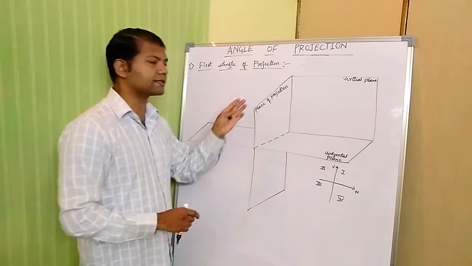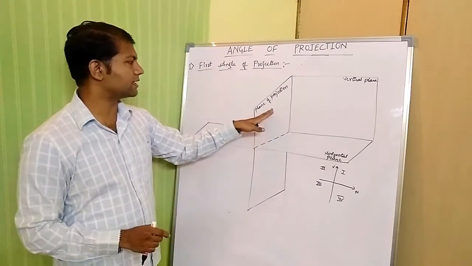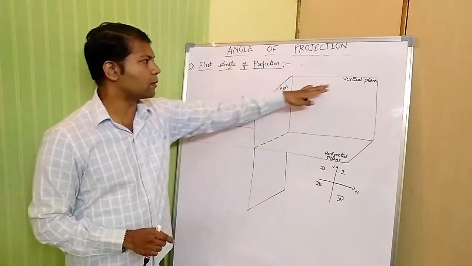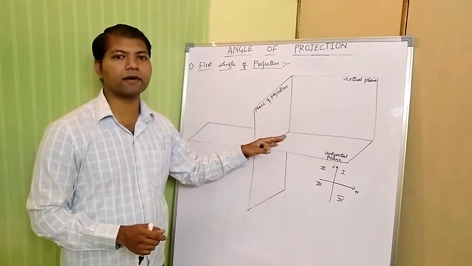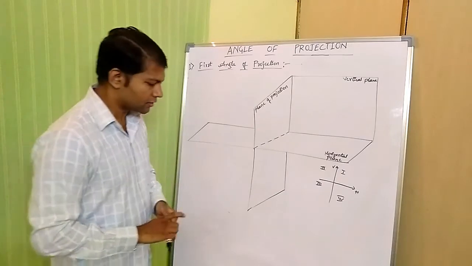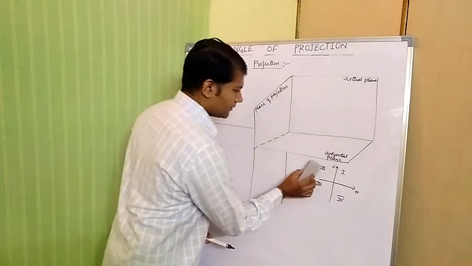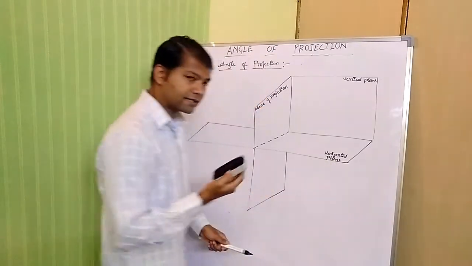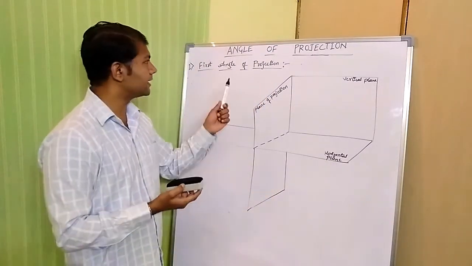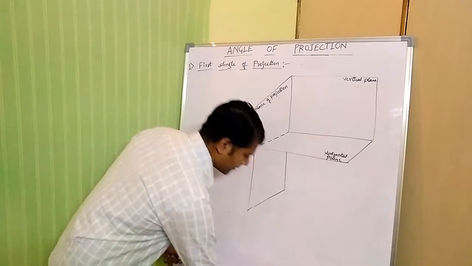The arrangement consists of planes. The planes are named as the plane of projection, vertical plane and horizontal plane. Just observe, these three planes are perpendicular to each other. However, for projection I took a duster as the example in the previous video. Here I am going to take a different example.